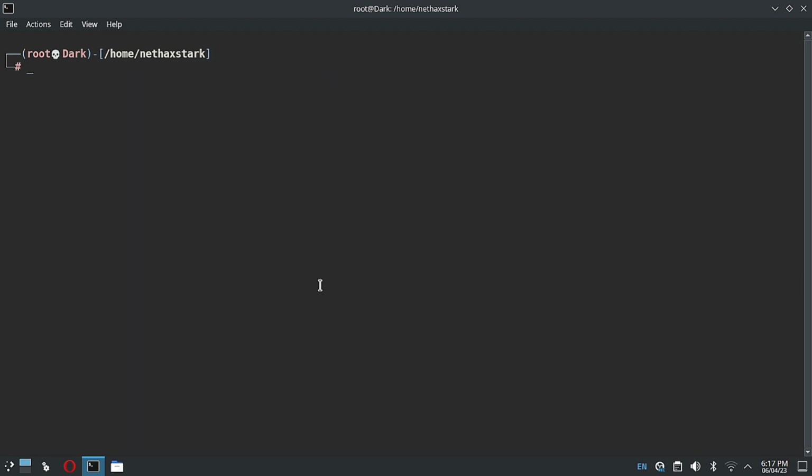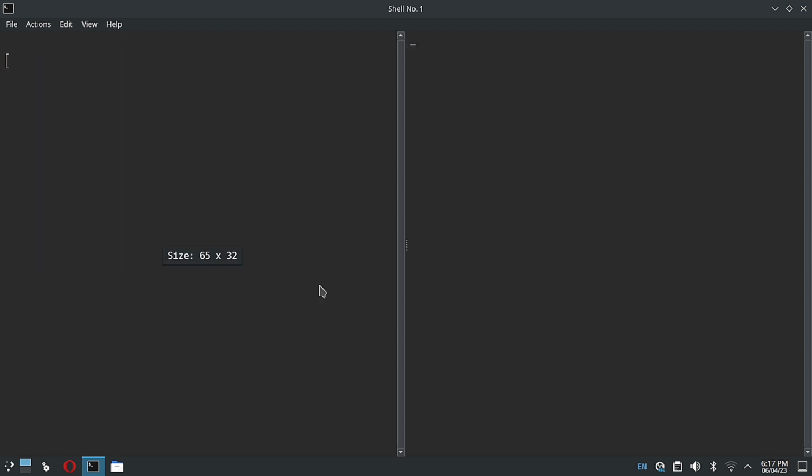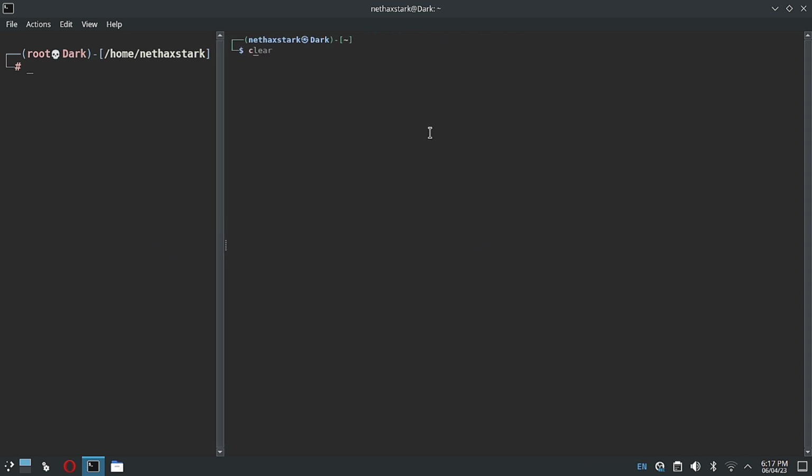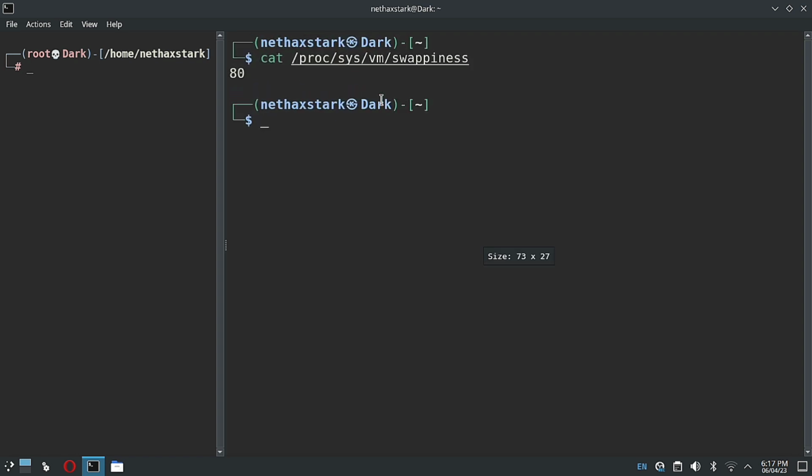So after cleaning your caches, you have to see what is the swappiness level in your system. So what is swappiness? Swap memory is when you install your Kali Linux, you give it swap memory, and here it will be from 0 to 100, and you have to basically adjust the swap memory. How can you change the swap memory? First of all, you have to be a super user, then use an editor and go to /etc/sysctl.conf. So you have to edit this file,